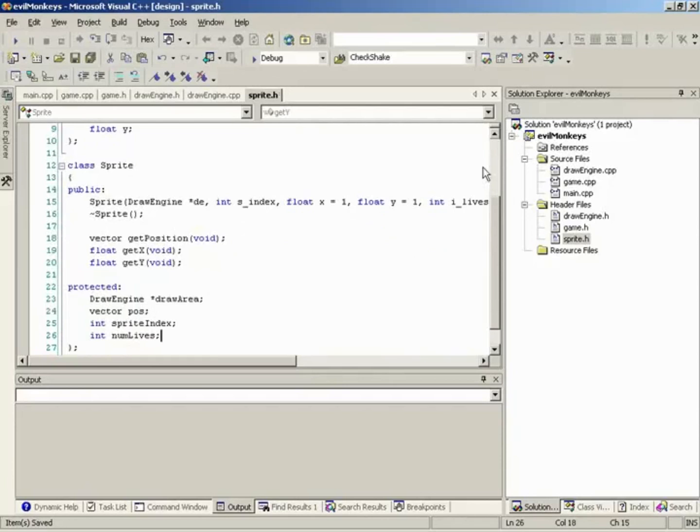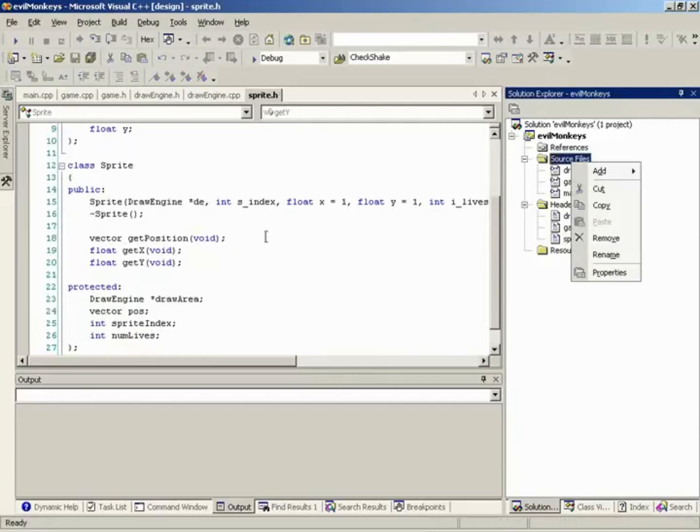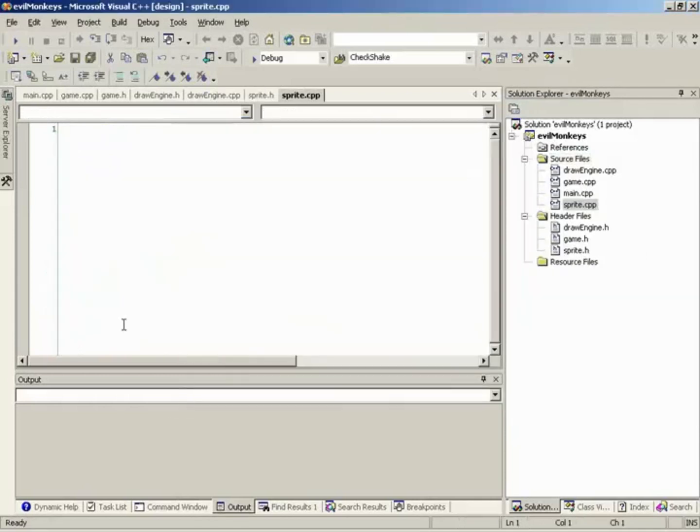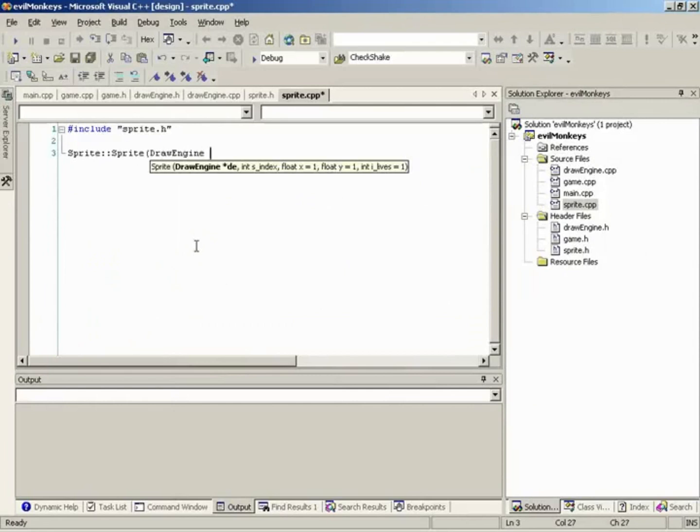Okay. Now let's create our source file and implement the functions that we have so far. So create a new item. It's going to be the CPP file, and we'll call this guy Sprite. So inside of here, first thing, include the sprite.h file. And inside of here, what we're going to do is say sprite, and then create the constructor. Draw engine, D,